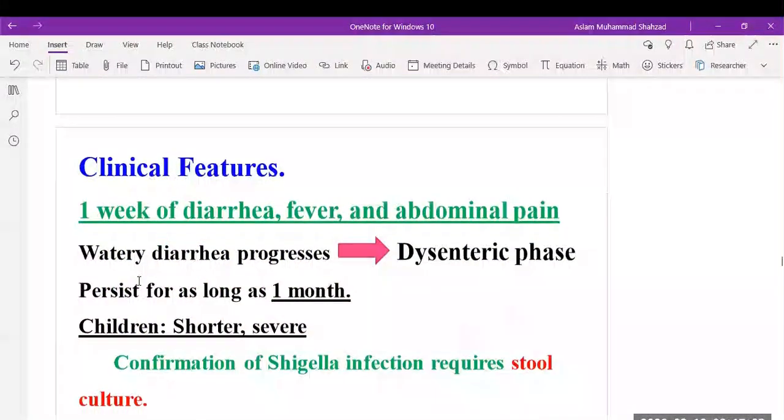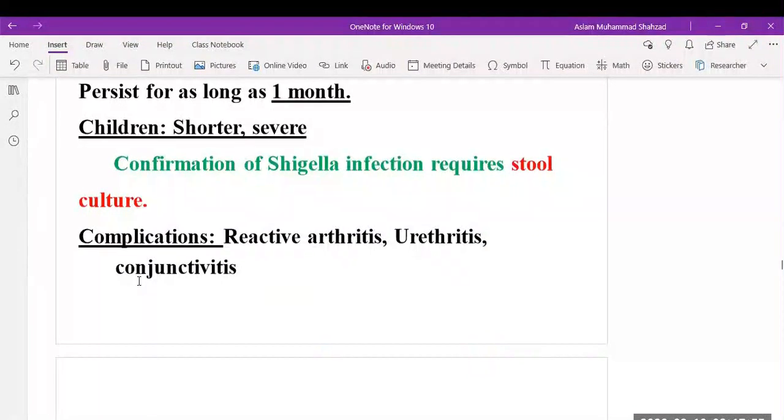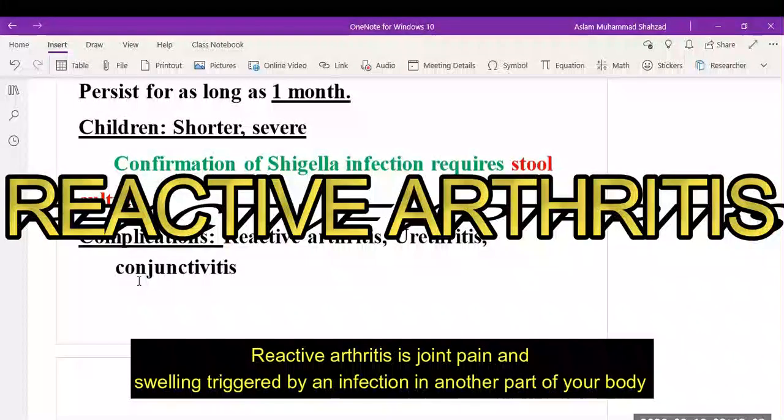The clinical features consist of one week of diarrhea, fever, and abdominal pain. The watery diarrhea progresses, and then it may persist into a dysenteric phase that can last for one month. For diagnosis, we need to examine the patient's stool for confirmation of the infection, and if the microorganism continues to grow, it can lead to complications like reactive arthritis,